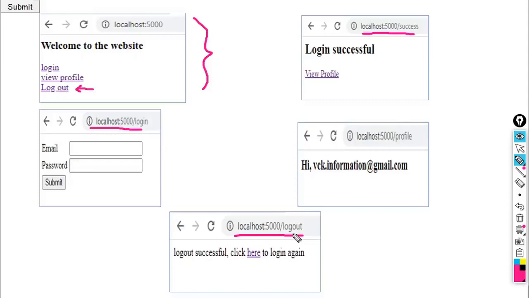When this URL is executed, it will give you the message "logout successful, and click here to log in again", because we have provided one more link to log in again. So this is the output of that particular script.